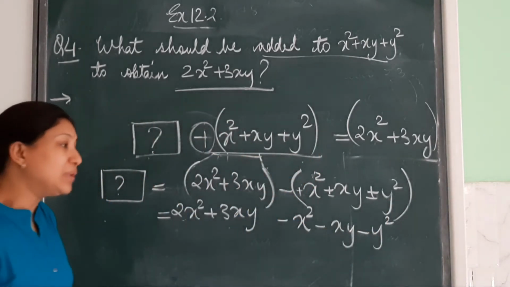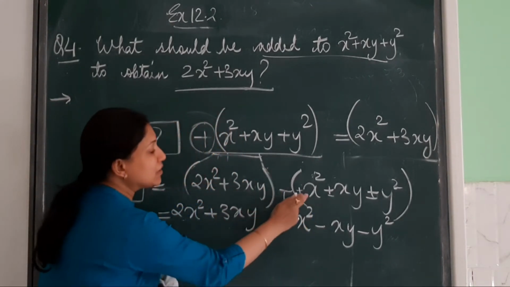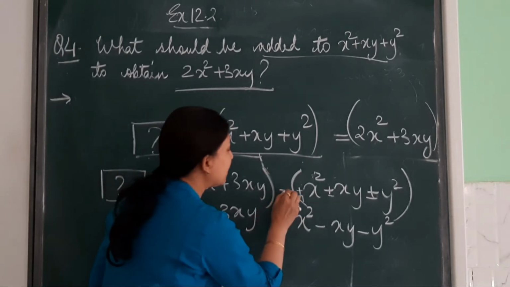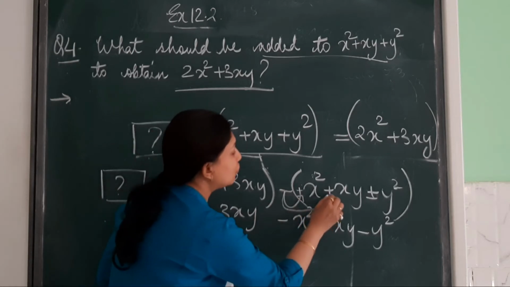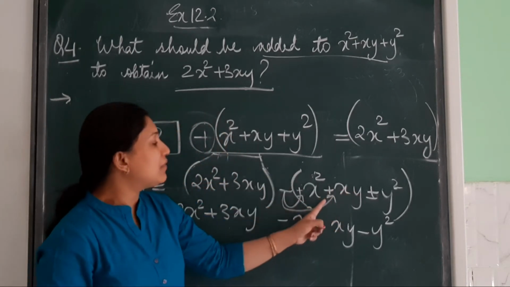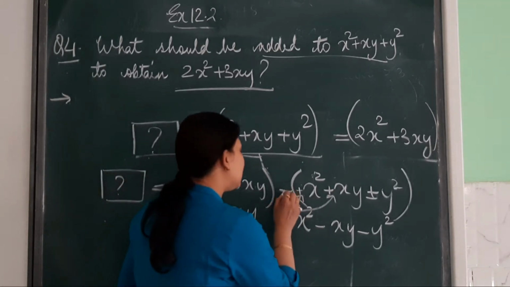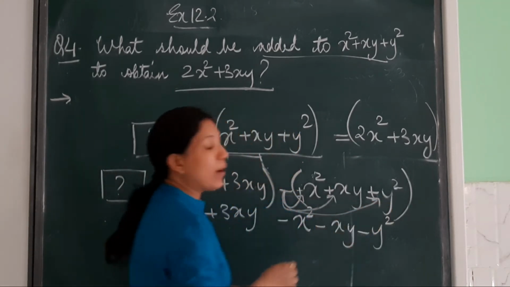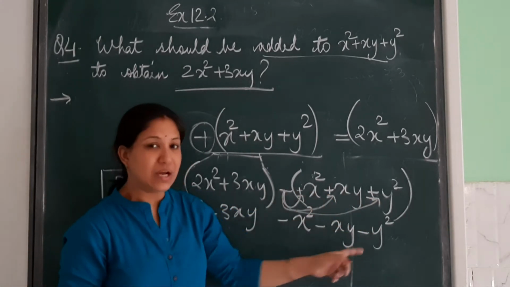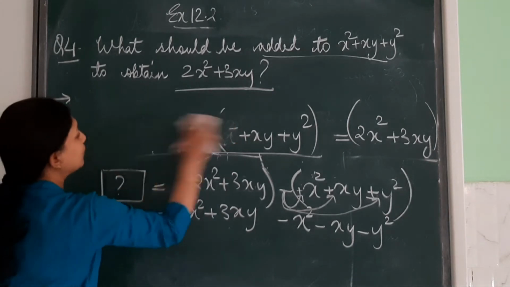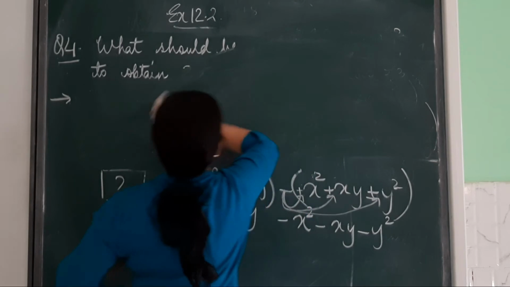And why does it happen? We have discussed. See, minus multiplied by plus, minus into plus, minus. Again, the same story. Minus sign is against. Now it will go to xy's room. xy is having plus sign. Minus into plus, minus. Again, the guest will go and meet y square. y square is having plus sign. Plus into minus, minus. Understood? So we got it. Now we will rewrite it and arrange it in like terms.